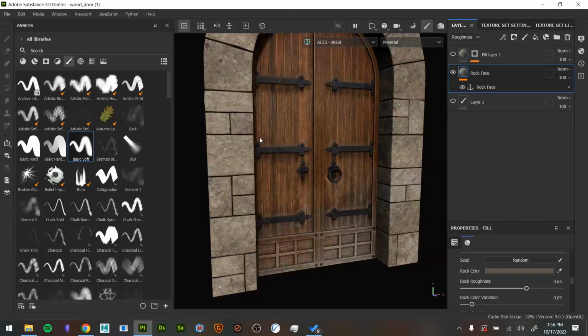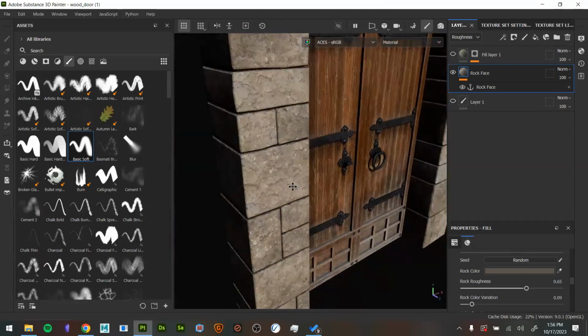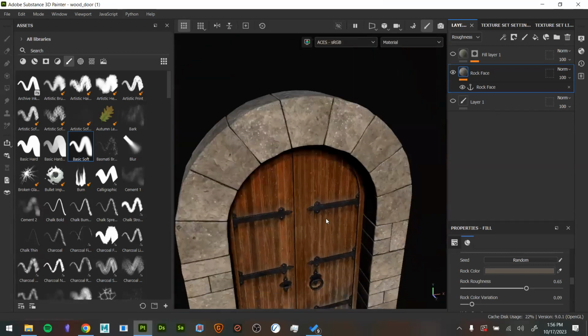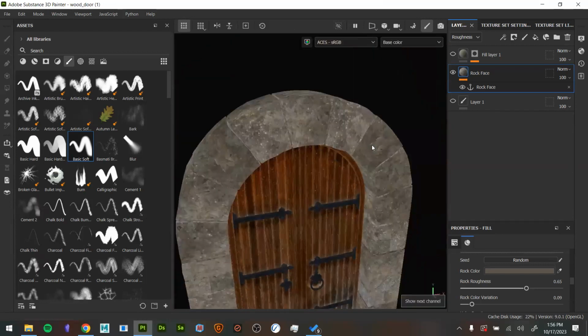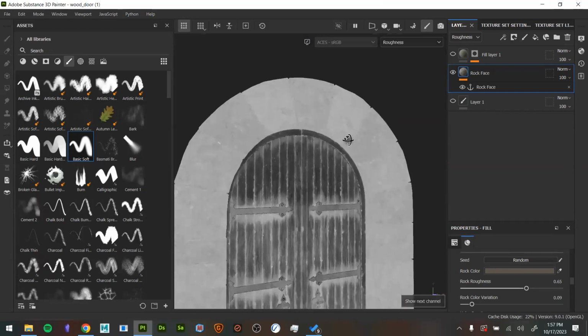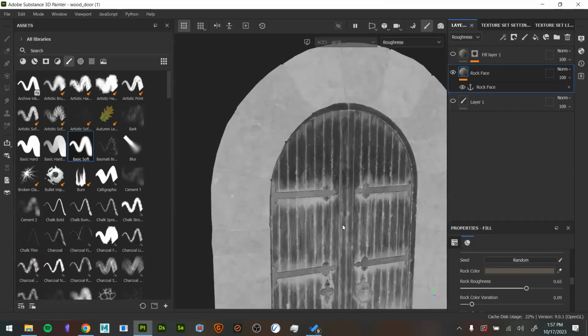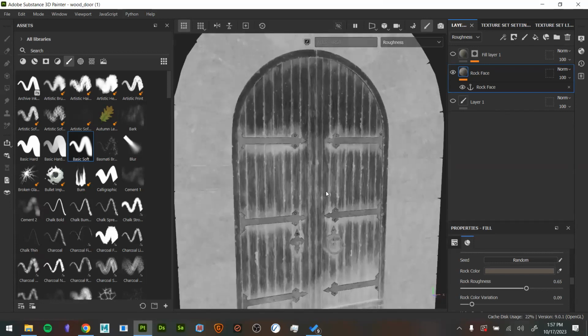Like it gives me a lot of good base noise and color variation. It gives me a lot of interesting height stuff I can work with. Color obviously has a ton of great information. Height has awesome information. And then it has a lot of rich roughness stuff going on there. So it's a lot of really good stuff I can work with and build off of. So yeah, if you find a tutorial that goes through building a base layer, that's always nice too, because then